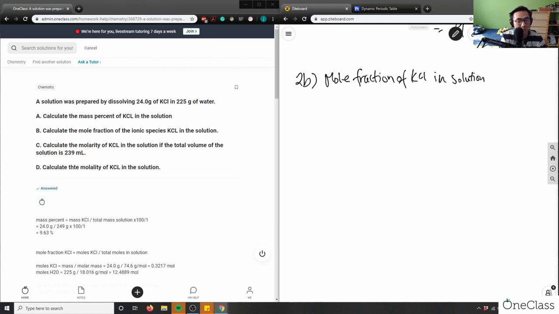If you think about it in terms of what the word means, we have mole, so we're working in moles, and then it's a fraction. So it's going to be a proportion or ratio of KCl in total solution, right? So we're comparing moles of KCl and total moles. So it's basically the same thing as mass percent, except instead of using the mass, we're using the moles, right? So again, I can say that mole fraction